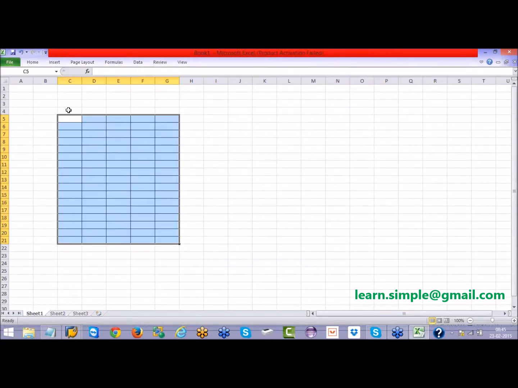Here my first field is employee ID or whatever, and some numbers are there, 1, 2, 3 like this. Assume some 1000 records are there in this internal table.